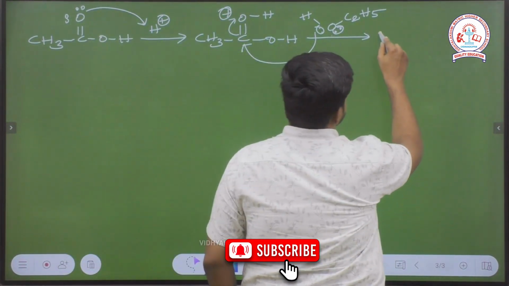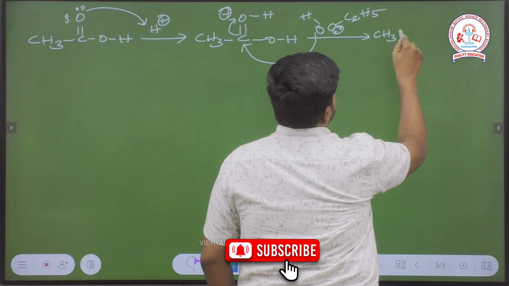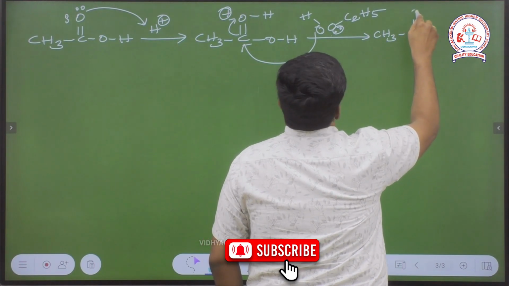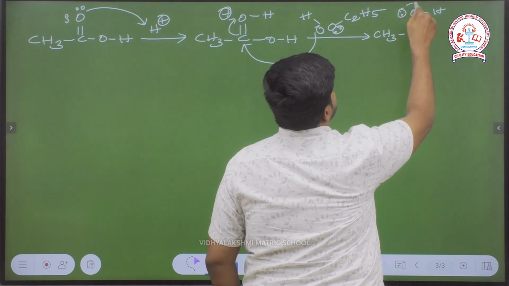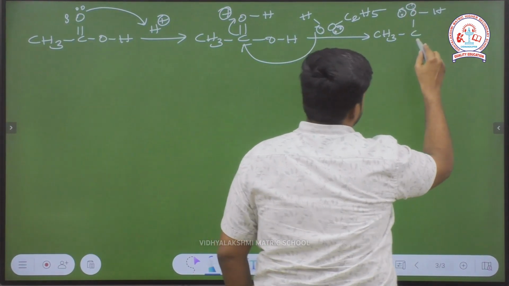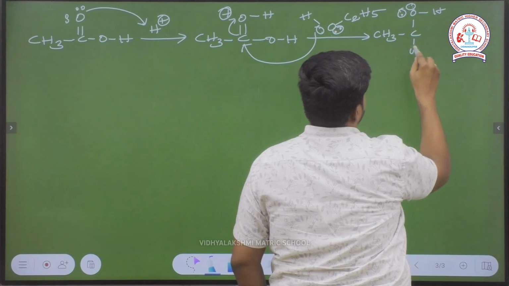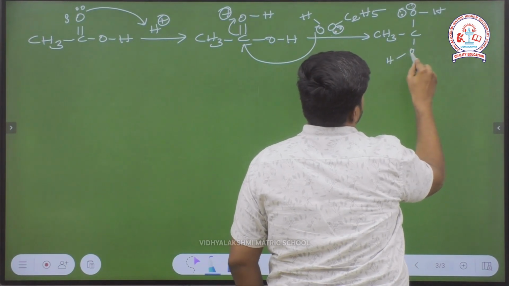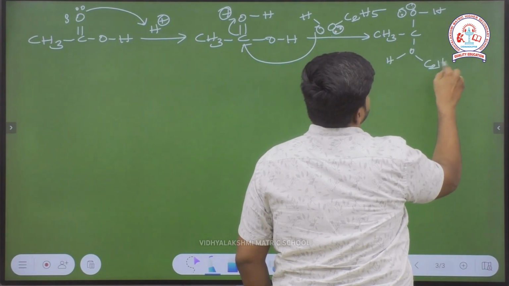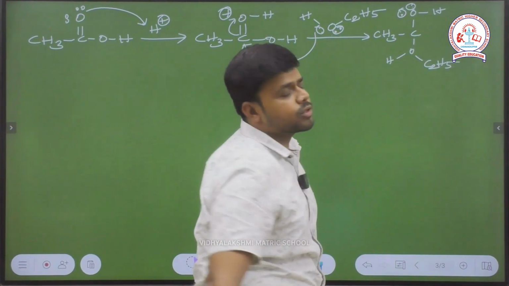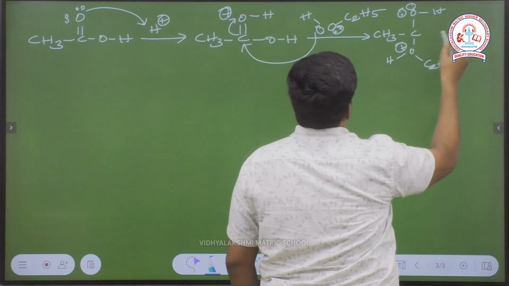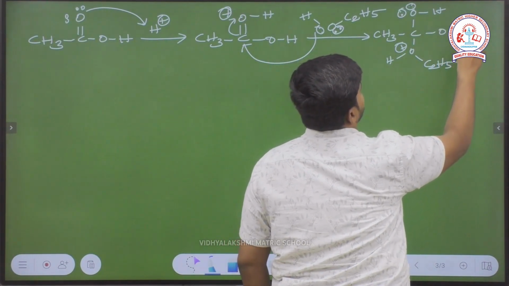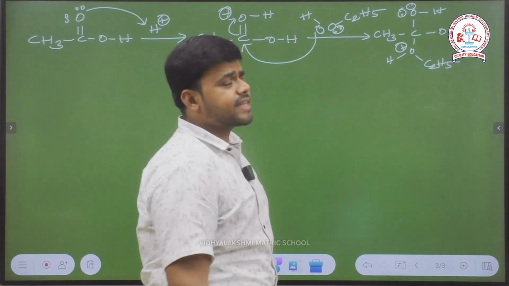So to begin with, CH3C, OH. So the bond pair again turns into a lone pair. Then we have got OH, C2H5. Since this oxygen has donated an electron, here this oxygen will get a charge of plus. On the right side we have got OH there. Okay, right. The next step includes